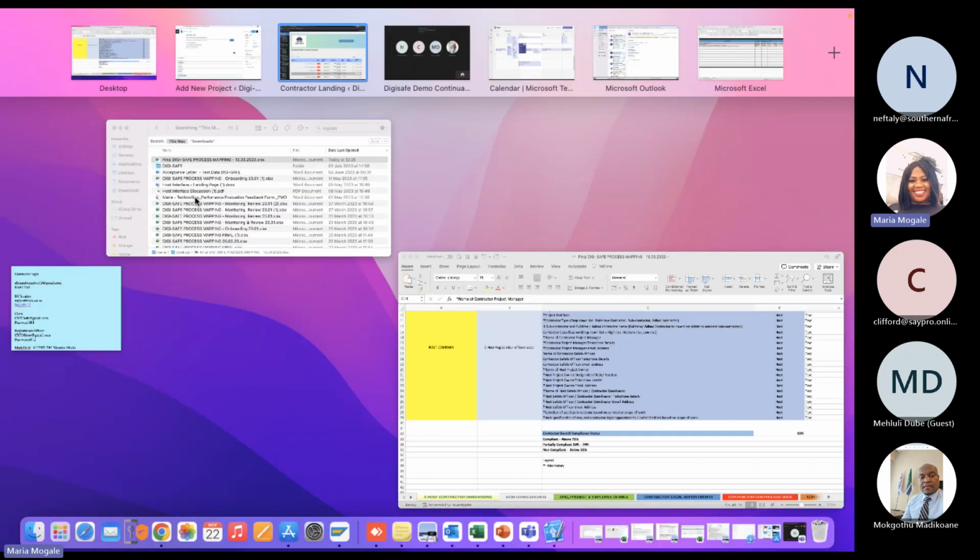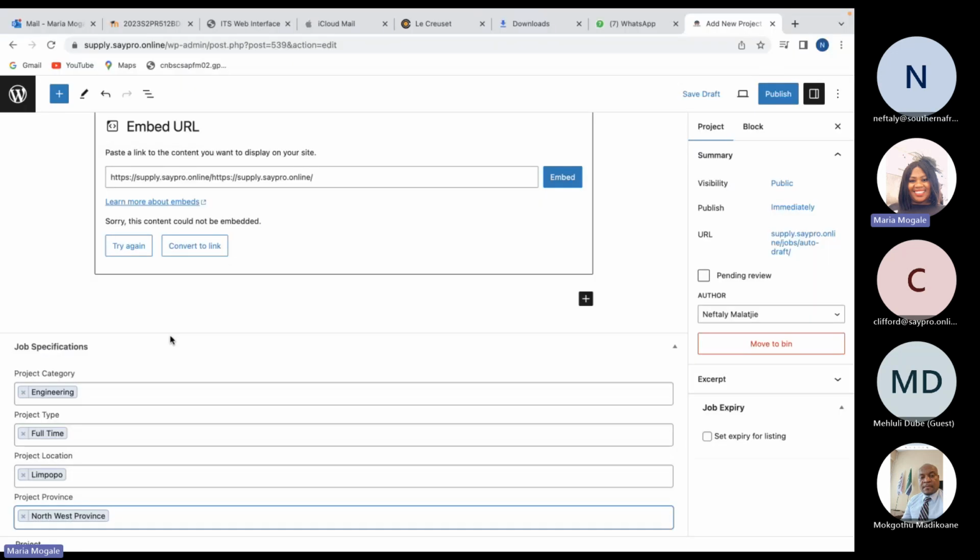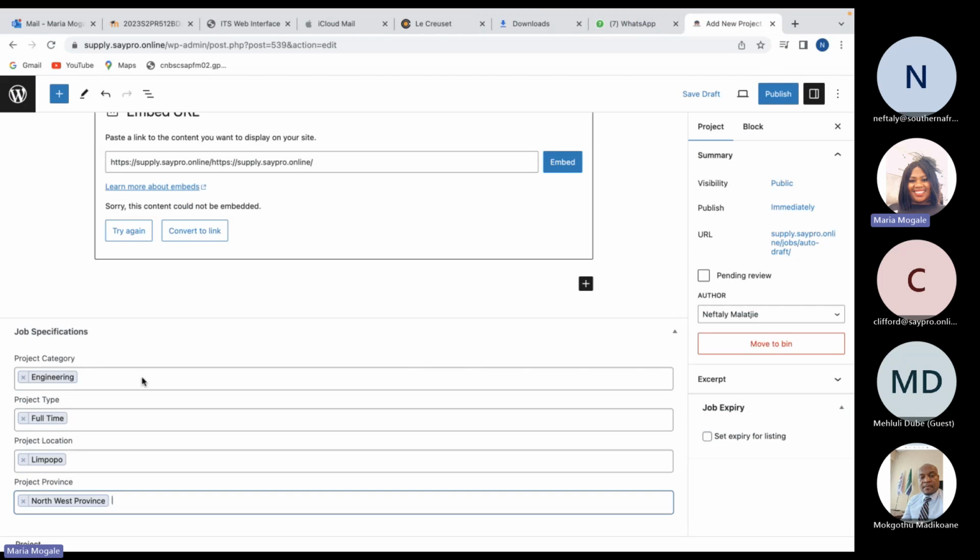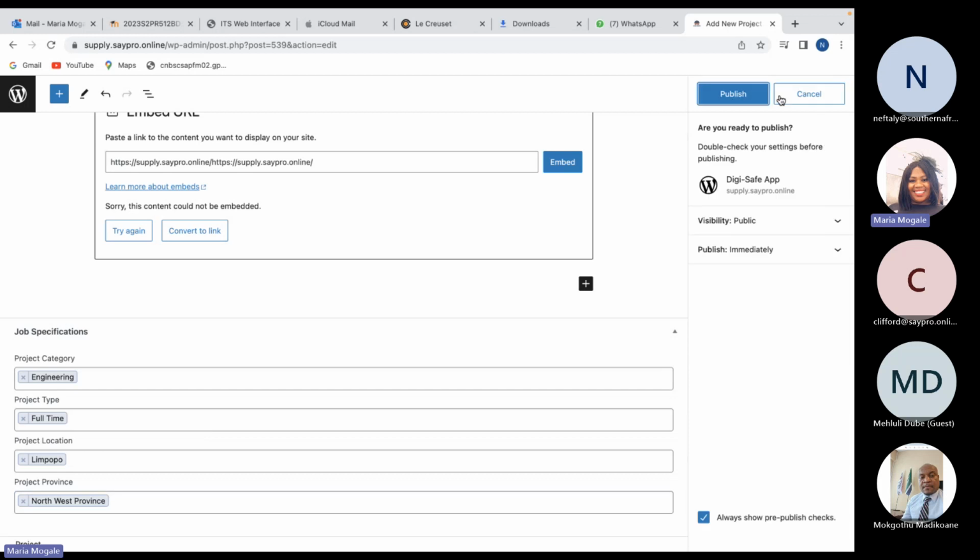Then, as a host still on this page, I should be able to make that selection. So all the sections that I want should be available here, to say I want them to complete sections 1, 2, 3, 4, 5, and then I publish, right?